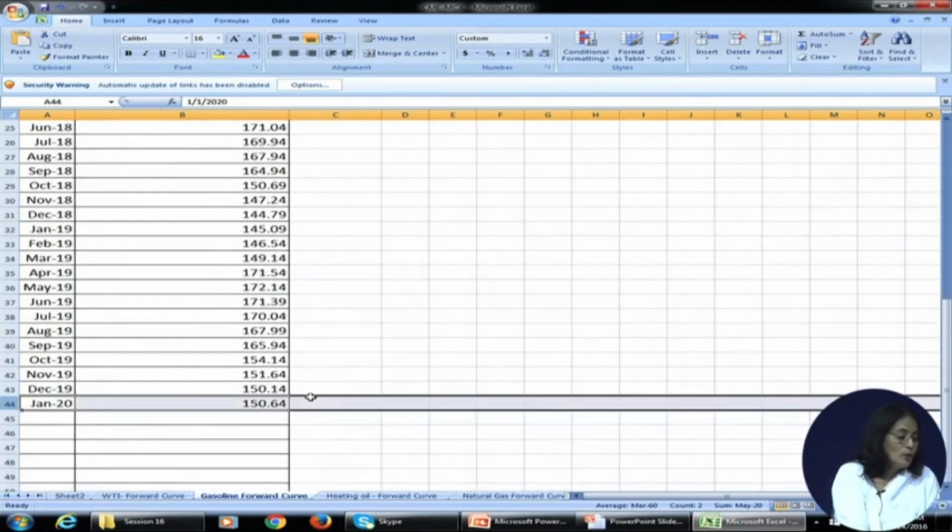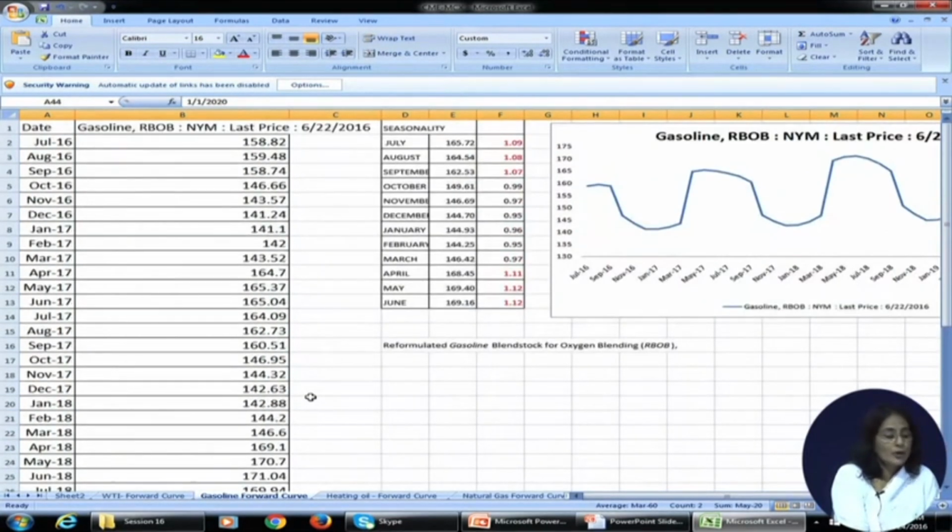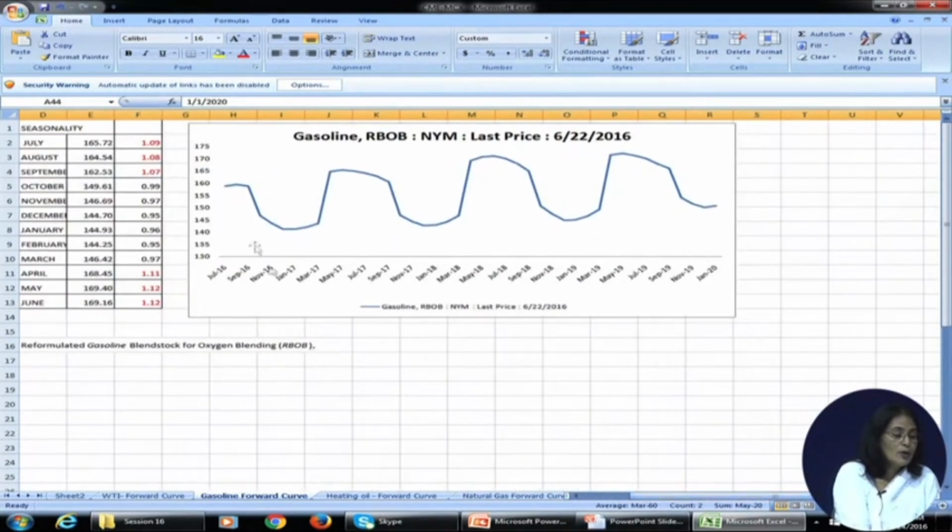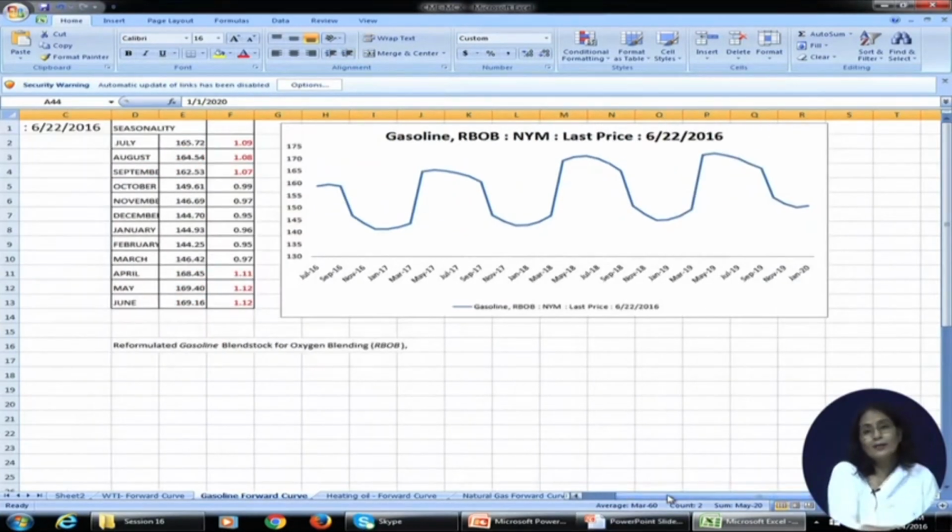So contracts for 4 years into the future are available. And the interesting part about this commodity forward curve is that it is a beautiful sequential kind of curve, very much up and down. Whenever we see this kind of data, we know that this underlying data series has a significant amount of seasonality.